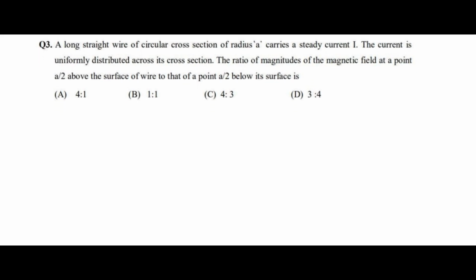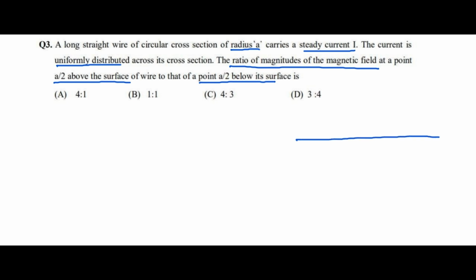Question number 3. A long straight wire of circular cross section of radius A carries a steady current I. The current is uniformly distributed across its cross section. The ratio of magnitudes of the magnetic field at a point A by 2 above the surface of the wire to that of a point A by 2 below the surface. We can imagine this is a conductor